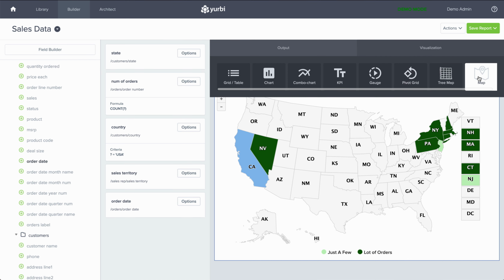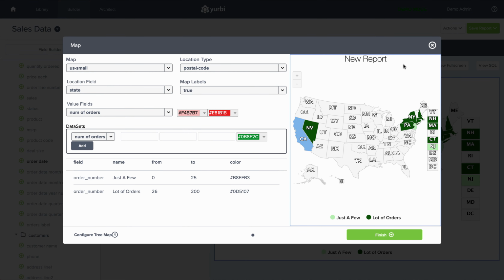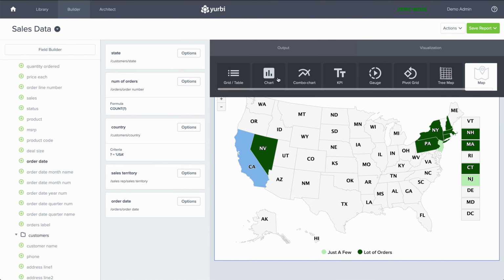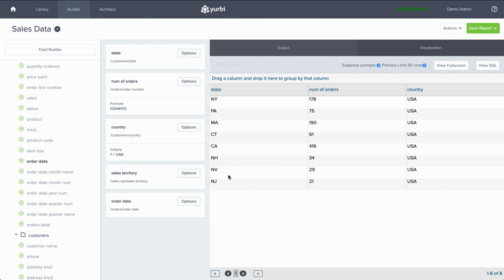And if you do want to go back and modify, you just go back in and update that. Or if you want to change the visualization, you can go back into a grid and start to work on the grid level. If you do have any